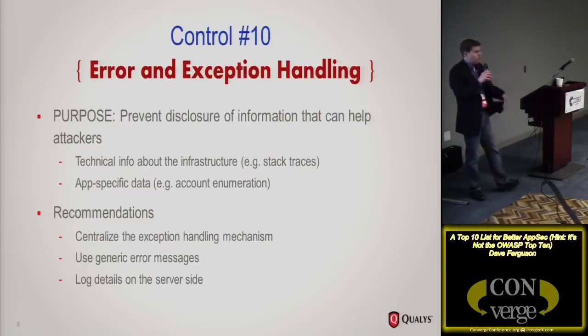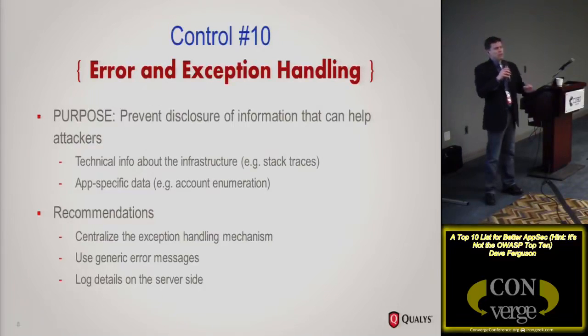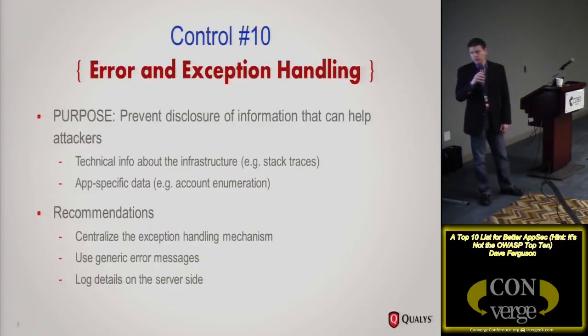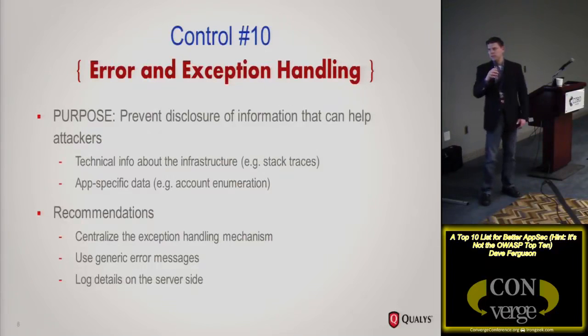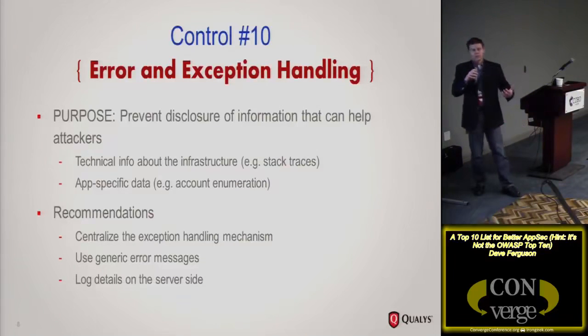And if there are errors, you can certainly log the details of the error for debugging or troubleshooting, but you should log that on the server side and associate some sort of a reference number to that. And then you could display the reference number to the user so they could report that as an error. And then you could look up the details on the server side, but you shouldn't really be exposing that information